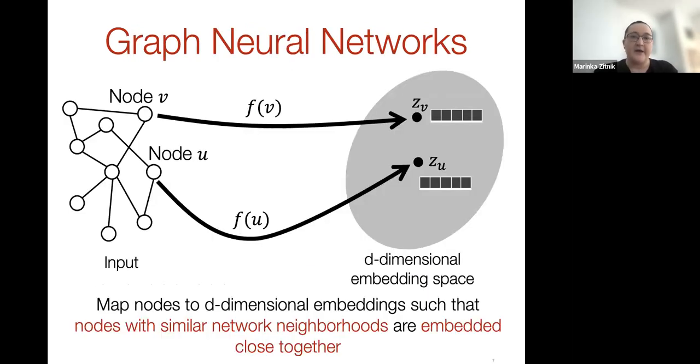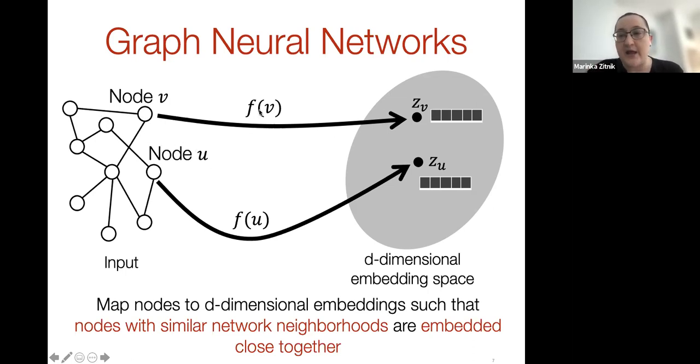So a few years ago, that gave rise to a powerful new class of neural networks that are known today as graph neural networks. The key technical concept in graph neural networks is that of network embeddings, or graph embeddings, or node embeddings, where intuitively you can think of the problem as follows. We have as input a graph with some nodes and edges. In this case, it's just a simple graph with just 1 edge per node and no particular types of edges, but in reality, graphs can be much more complex.